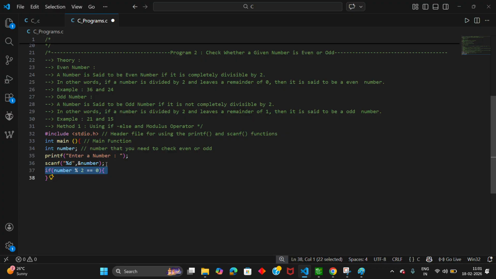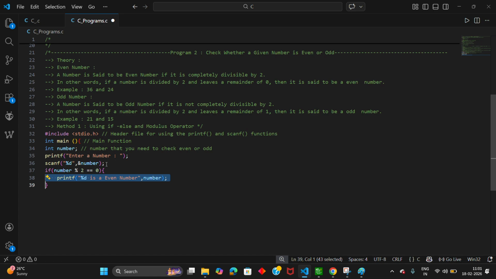Here % means remainder. For the number given by the user using the scanf function, you divide the number by 2, get the remainder value, and compare the remainder value with 0. If it is equal to 0, then you print the statement in the if body.